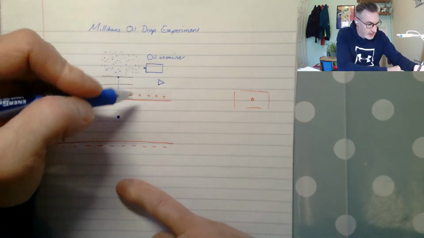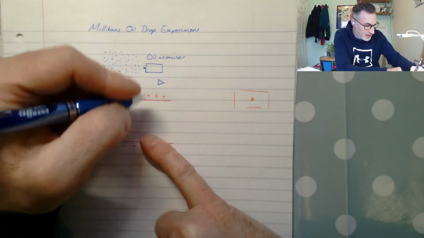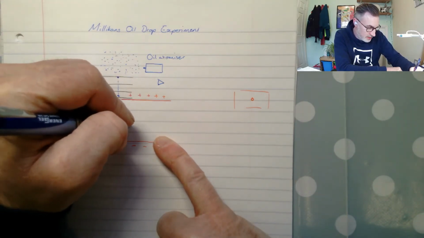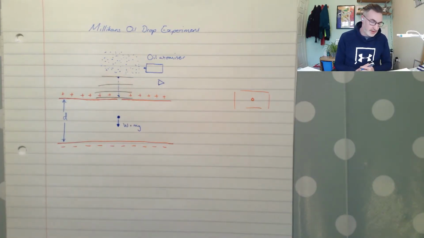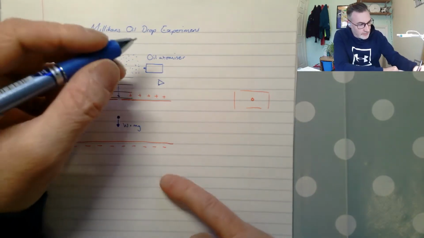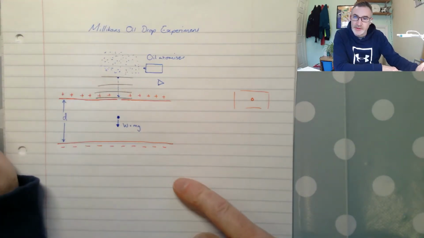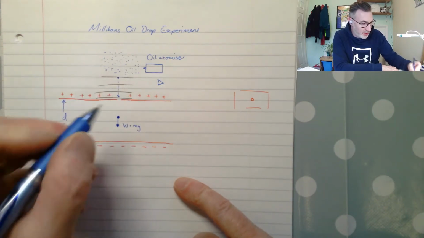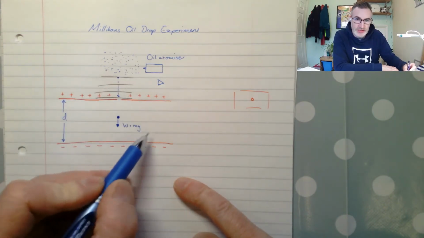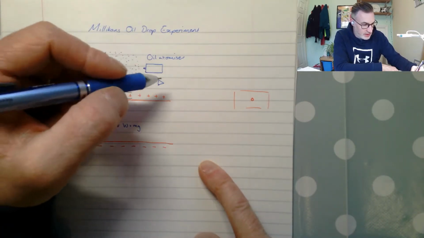and if we know what its mass is, we can figure out the weight that's acting on it. Now this would be balanced by frictional forces from the air, but we're not going to worry too much about that, because what we're actually going to do, so we know the size of the weight, and what we can do is we can,